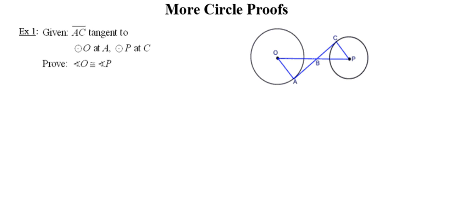All right, in this last section on circle proof, we'll talk about developing proofs using the theorems that we've learned in the last few lessons. All right, so in number 1, let's jump right in here. It says, given line segment AC that is tangent to circle O at point A and tangent to circle P